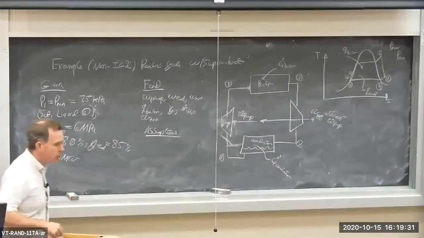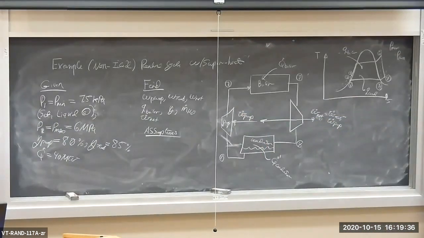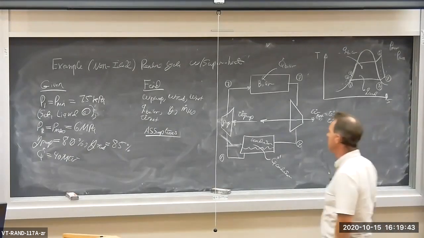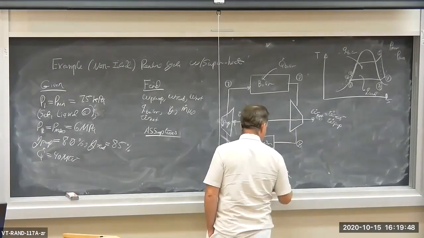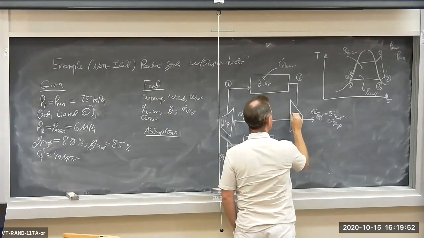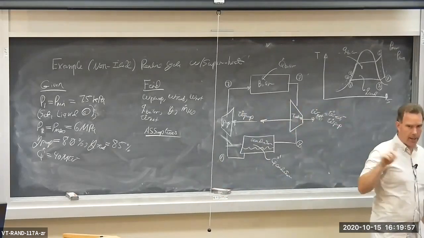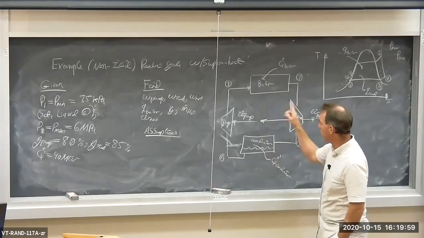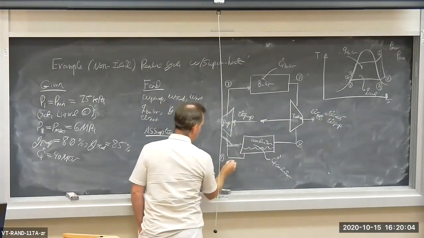All right, ladies and gentlemen, let's do an example here of a non-ideal Rankine cycle. Let's do a non-ideal Rankine cycle with superheat. So what we have here, again, is a pump, adiabatic pump, a boiler, and of course, an adiabatic turbine. And then the condenser, and the working fluid, which is H2O, goes around in a loop, as you can see here. State 1 is a saturated